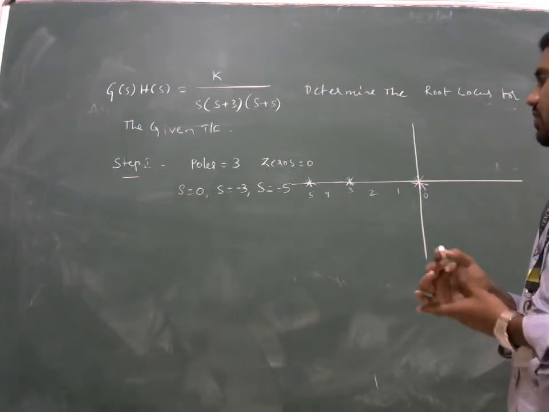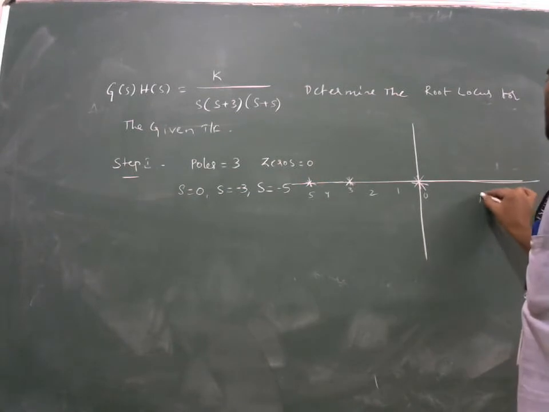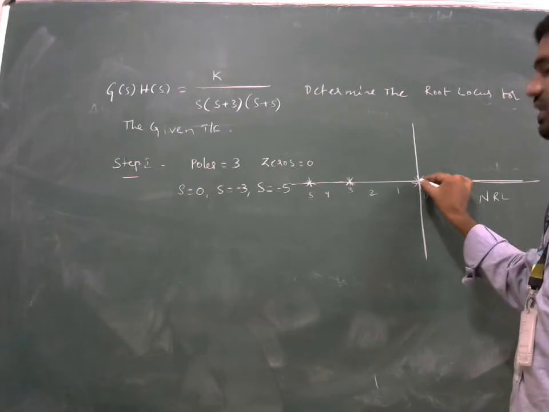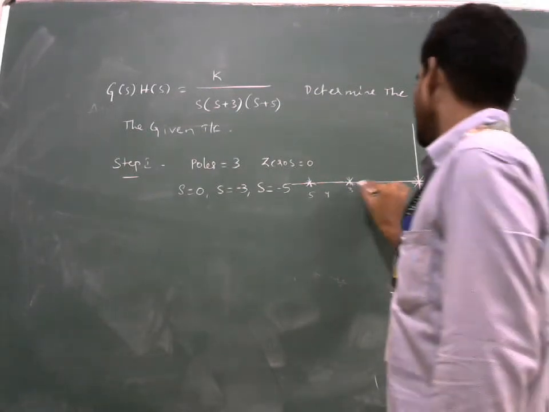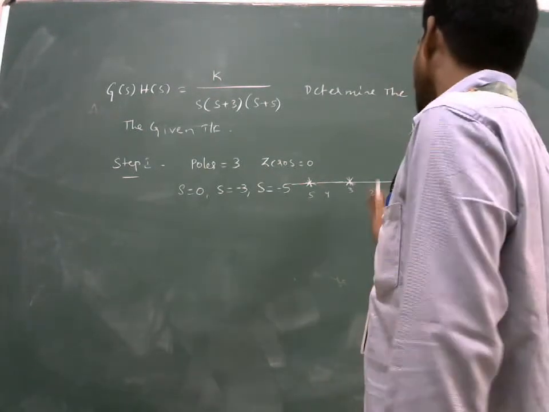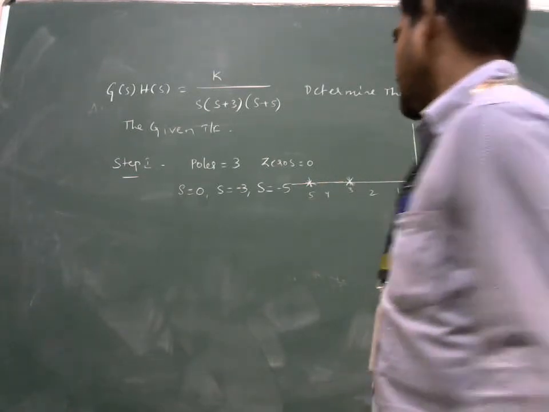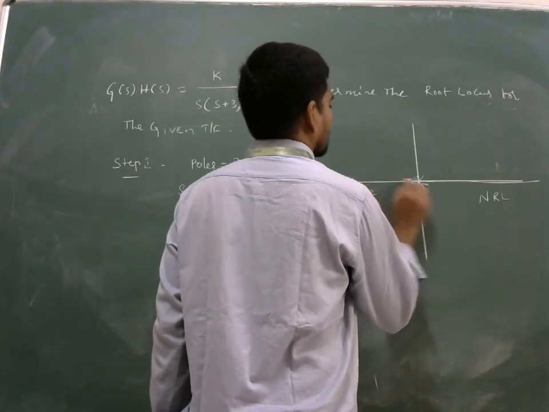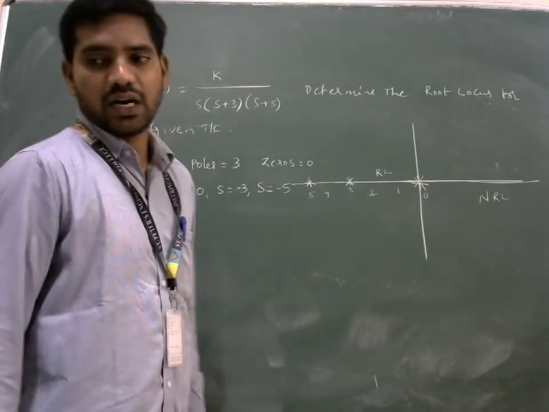The next one: now we need to find out where there is root locus. To the right of the origin there is no root locus, because on the right-hand side there are no poles and zeros. Now consider the region between 0 and minus 3, whether the root locus will be present or not. We check on the right-hand side how many poles and zeros there are. Only one pole, so here we have a root locus. Why? Because it is an odd number.